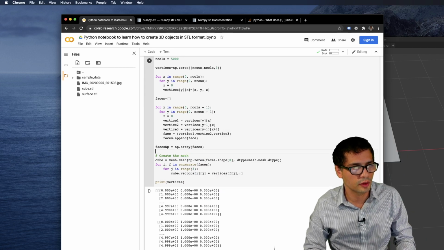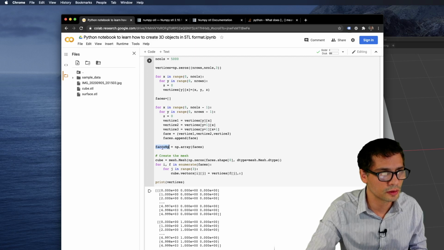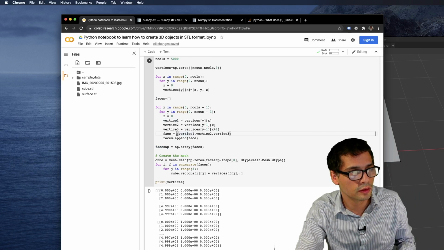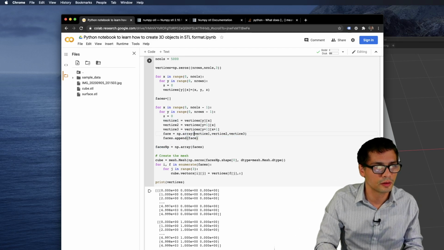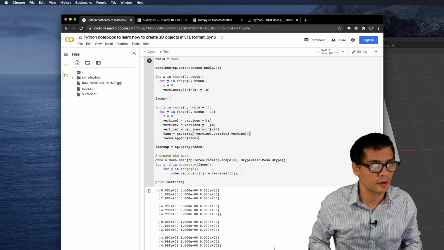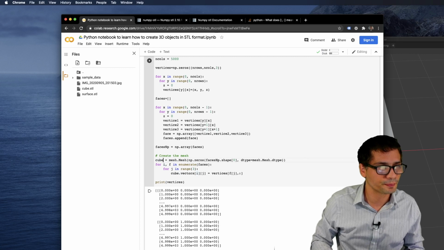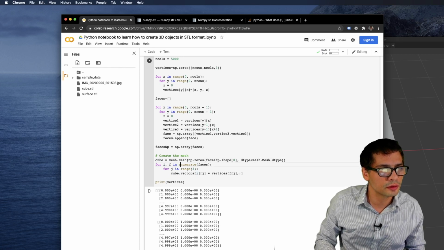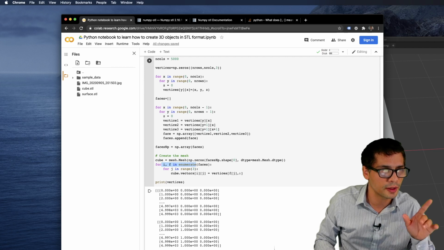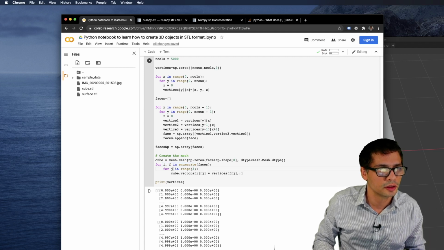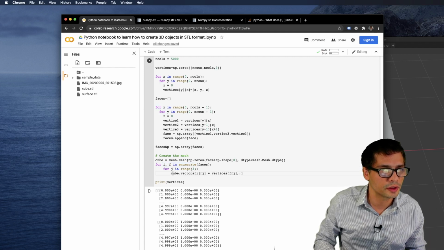Just converting this to a NumPy array. Everything in NumPy array if I can, to avoid any incompatibilities. So what I'm going to do here is slightly different from the example above. I already have the vertices.